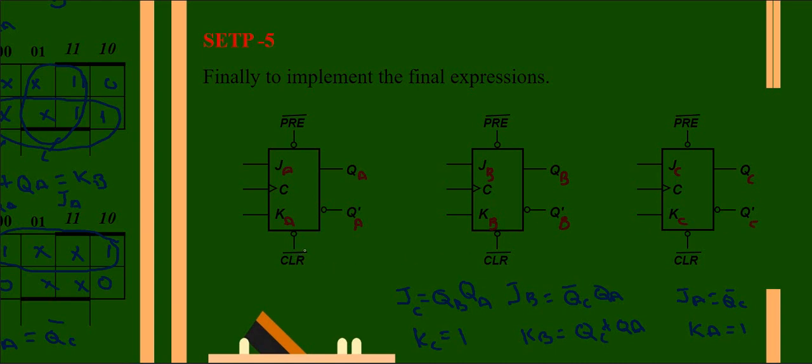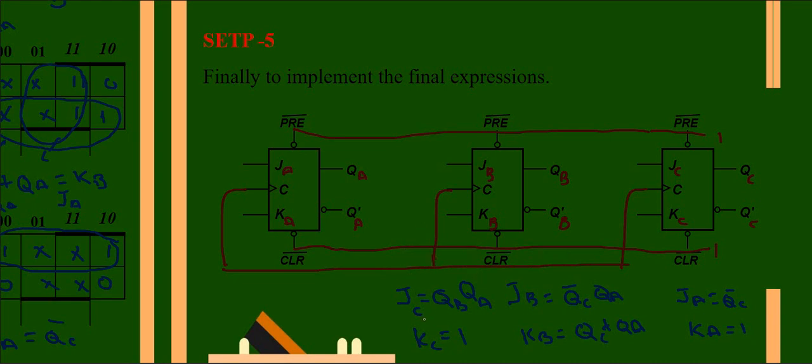So for the working condition, we can make all the clears connected together and connect them to 1 because it is active low. In a similar way we can connect all the presets together and make it 1, and the clock pulse we have to short everywhere because we are using a synchronous counter. So make all 3 clock pulses together. This is the universal connection for any up counter, down counter, mod counter.